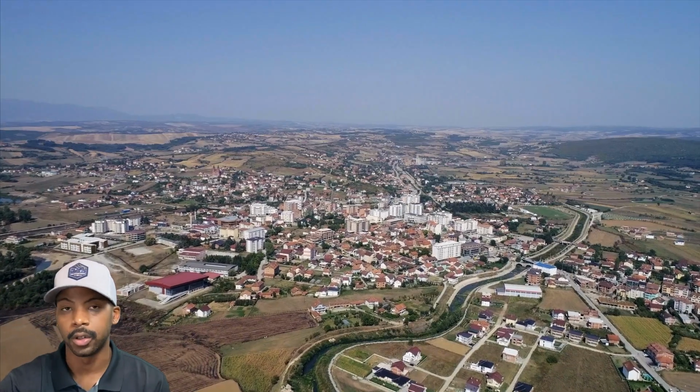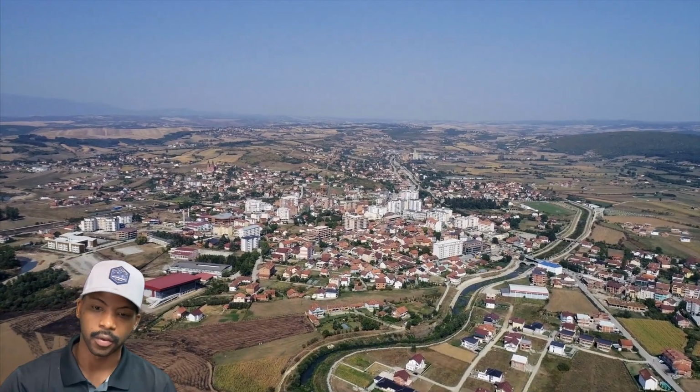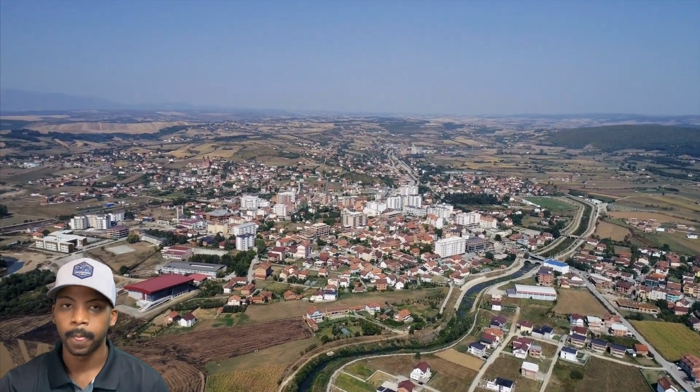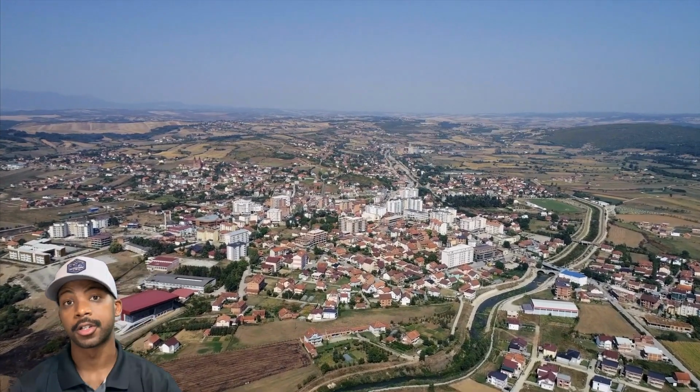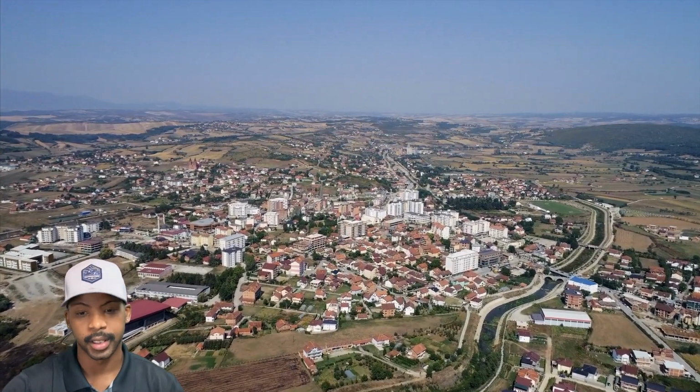So of course, things won't be exact. Things that you'll need to include in the monthly payment are going to be taxes. If you live in a place where there's an HOA, that is also going to be added into your payment, depending on the situation. The first area we're going to talk about is going to be the South Dallas region,